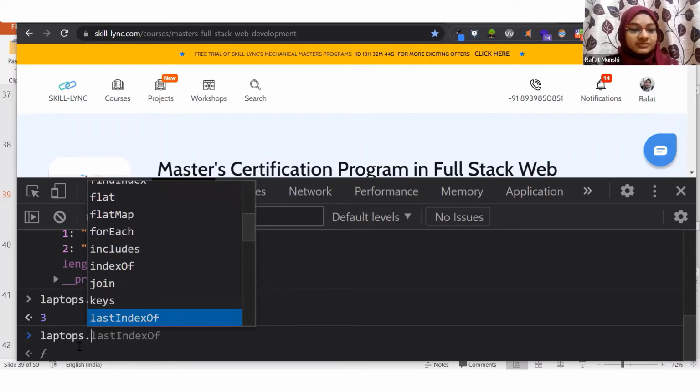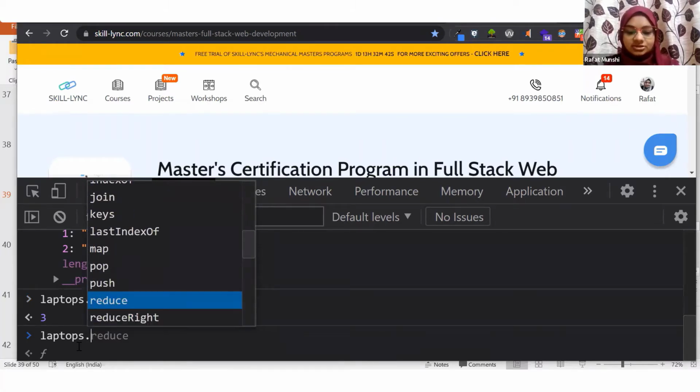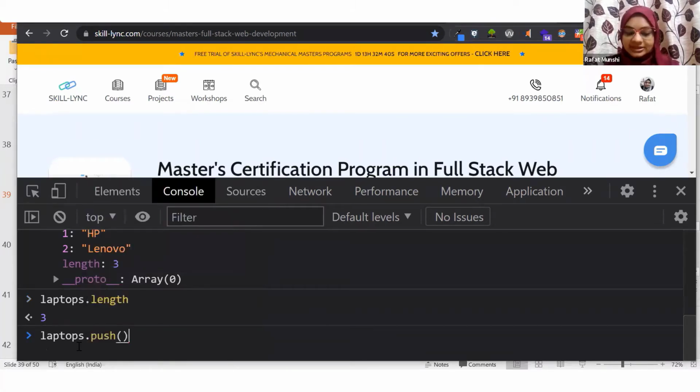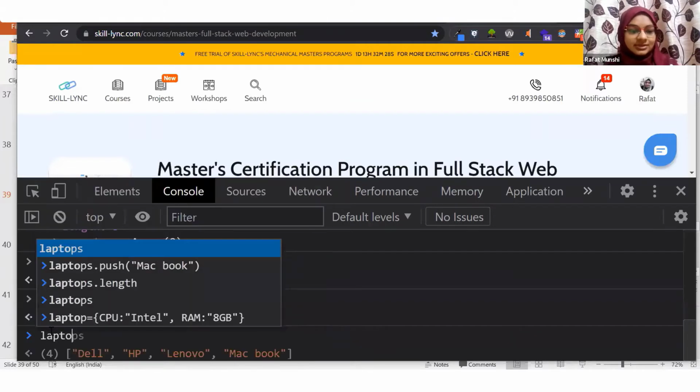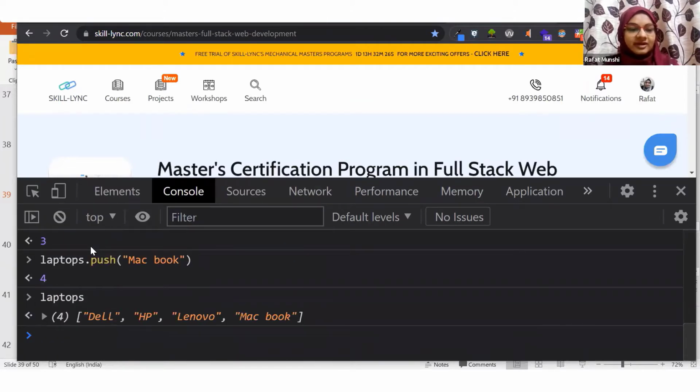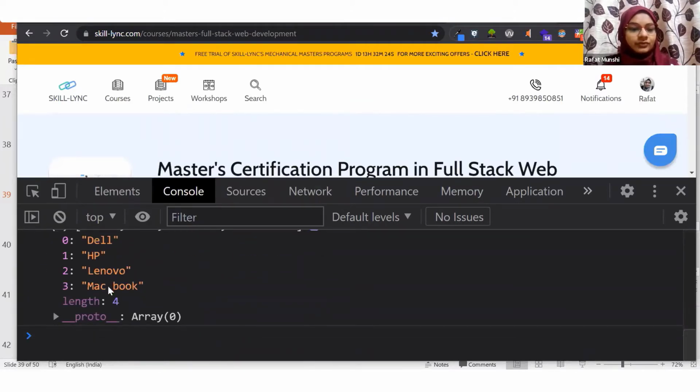You can find something, you can join it with something, you can push something in it. So I wrote Dell, HP, and Lenovo, but I forgot MacBook. So I would write push MacBook and enter. Now it is giving me back 4, which is the length of the array now. If I see what is there in my laptops, now you will see that I have Dell, HP, Lenovo, MacBook, everything in my array.